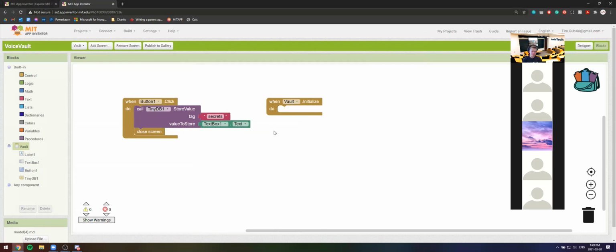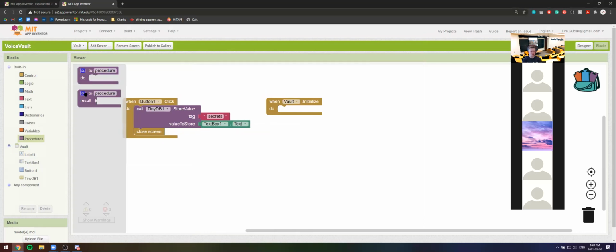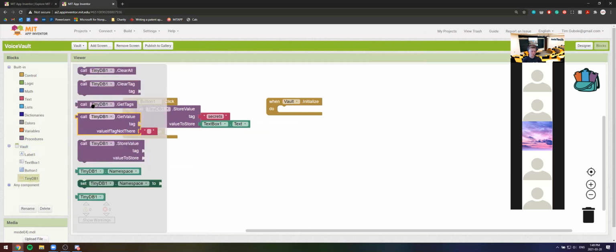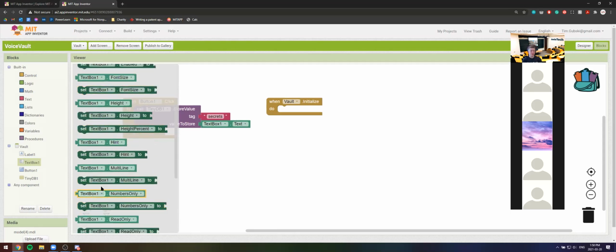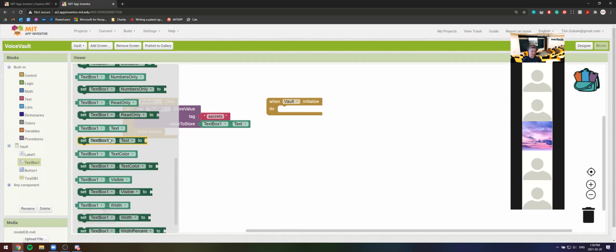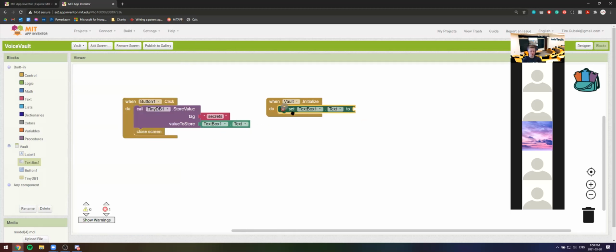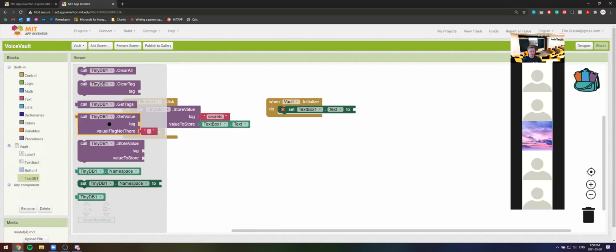And for this, as soon as this happens, what I want to do is use this get value. But you see this get value needs to be plugged into something, right? So the way this is going to work is when vault.initialize, we're going to go right here and we're going to set textbox1.text. Okay, set textbox1.text to, and the thing we're going to set it to is get value